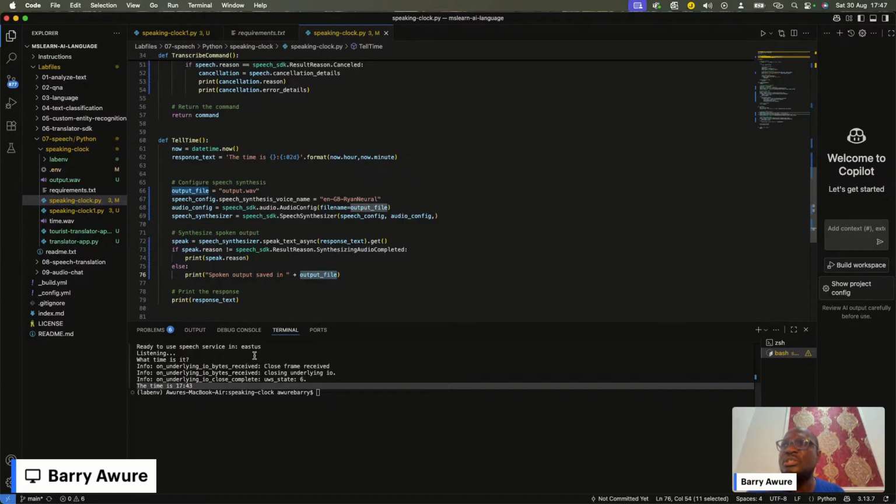So instead of it just appearing in text format, it comes to us as an audio file that we can then download and play back to our users.